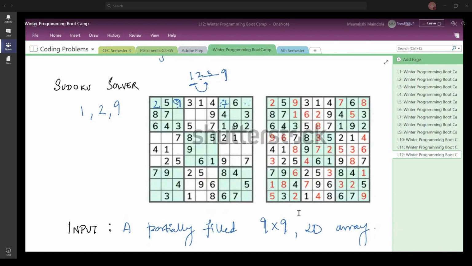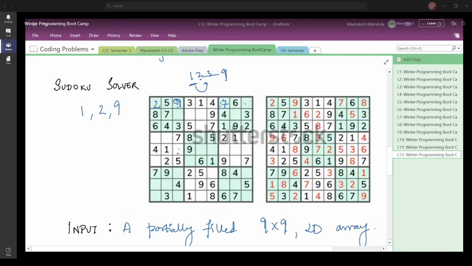Now, how is it that your algorithm, whatever you are going to write recursively, is going to understand that I have reached a point where my Sudoku is not correct, and I have made some mistake and some element has to be changed? When will that condition be true? Whenever, let us say, I pick up an empty cell. Let us say I have filled up some number of cells here, and I have reached a point, let us suppose here.